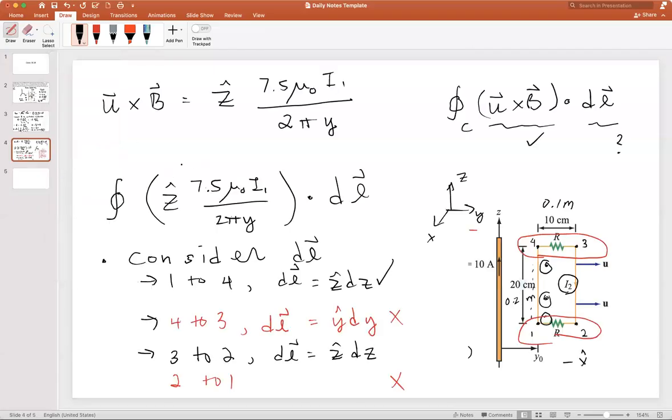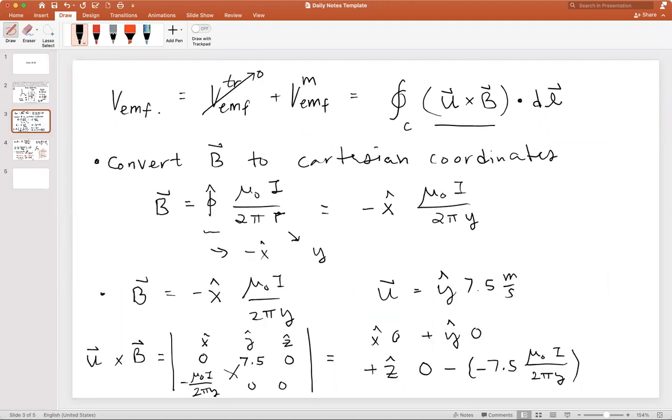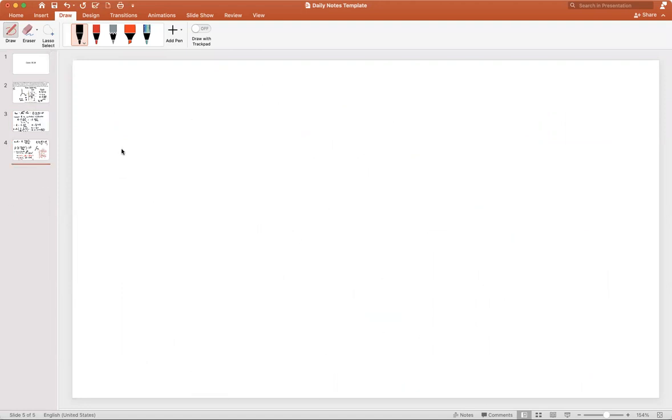Okay, so in the previous video, we considered the cross product of the velocity with the magnetic field, and we found that only 2 out of the 4 paths along a closed loop following the Cartesian coordinates were going to contribute to the overall VEMF. Because the VEMF is this closed loop integral,